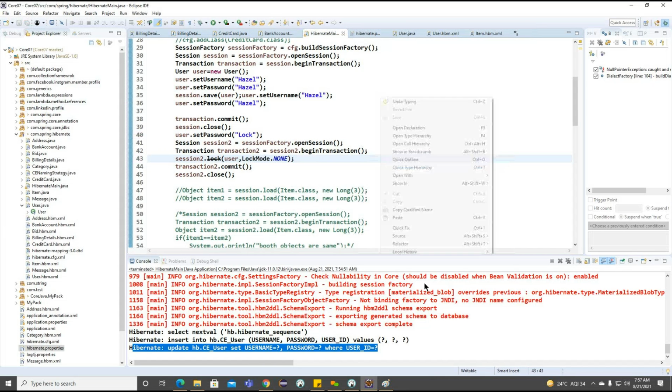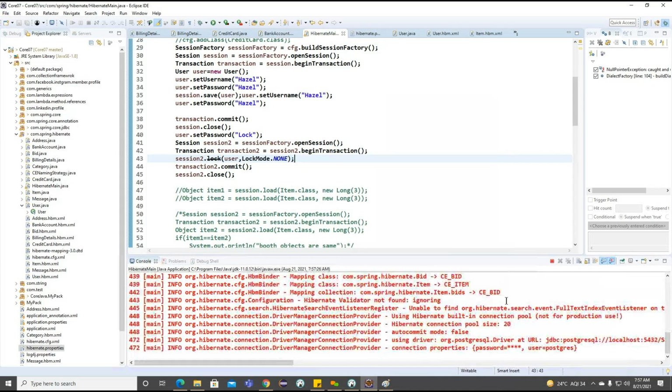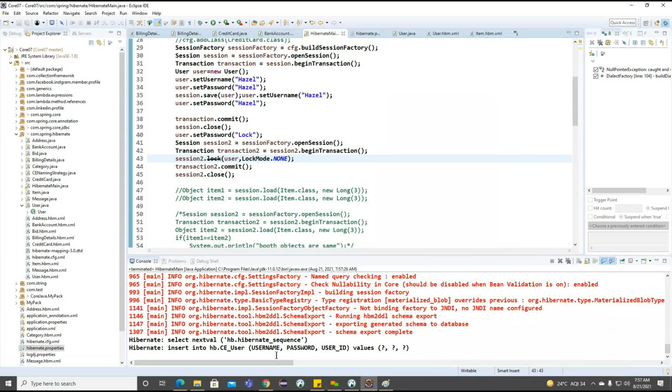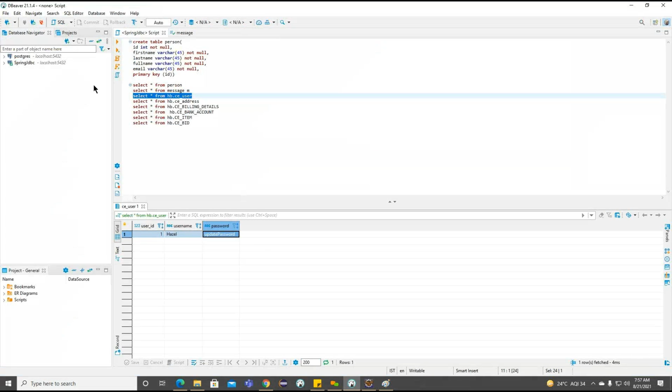Okay. Now if you see, the lock is deprecated here. So we can just focus on the update here. But even though it is deprecated, we can run this particular example, to see whether it is updating or not. Now observe, only the insert query. We did not see the select query. We'll see. So what is the information we are having? So Hazel and Hazel here. Getting the point? But it is not updated here.